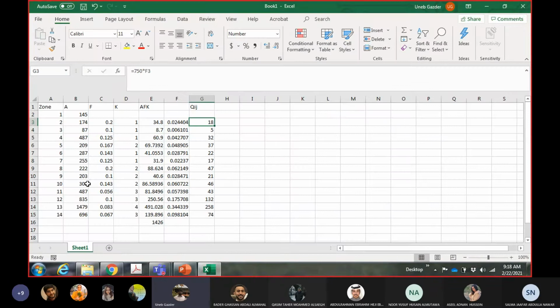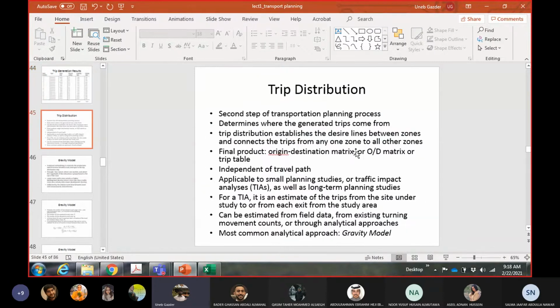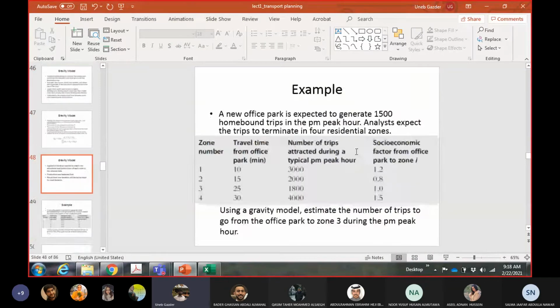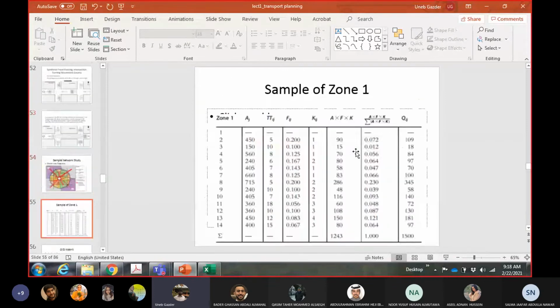Let us consider this as one example because I cannot complete the OD matrix without the given data. If it was a small number of zones, I could have assumed the values and we would have done it. But let us say we have completed one example, which was to calculate the number of trips from zone 1 to the other zones. I hope this is clear. So I will remove this table from here.